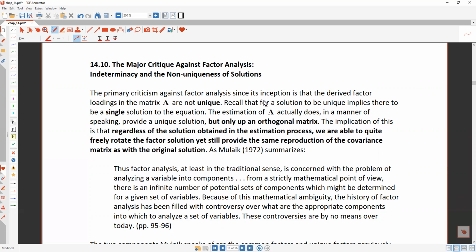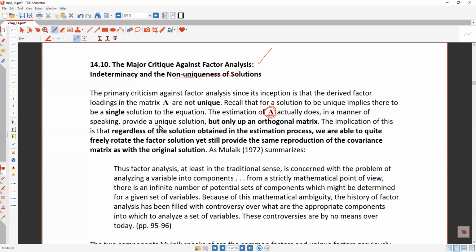So we've talked about one issue there. Let's put this into words a little bit. And this is the indeterminacy and the non-uniqueness of solutions. Okay, so we're going to talk about this critique and unpack it a little bit more, kind of related to what we just talked about. This idea is related to the idea that the determination of the number of factors depends on how many you extract, how many you compute. That is absolutely true. But there's also another issue with factor analysis, which is the estimation of that loading matrix,